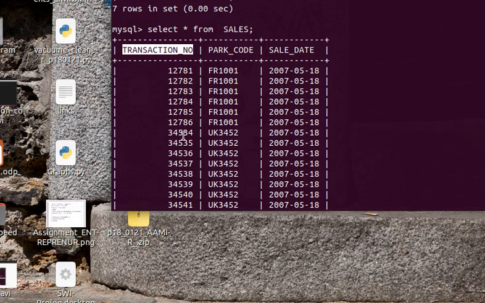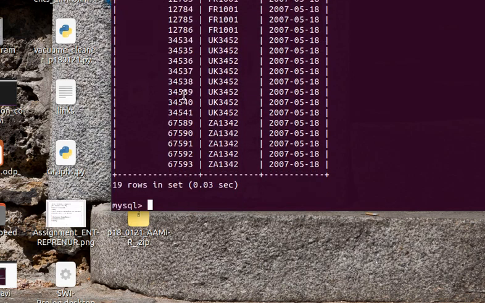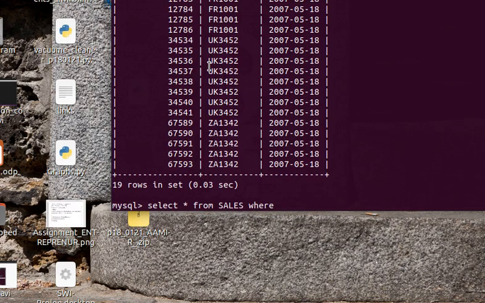This is 30,000, and I want to fetch only the records which are smaller than 30,000, or let's say 40,000. So here is the query: select everything from sales. This is case sensitive. Where is used for filtering the data.